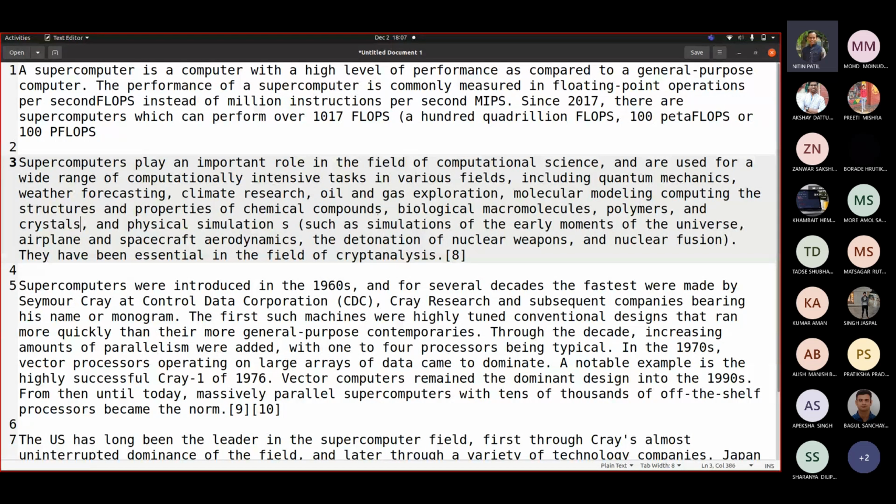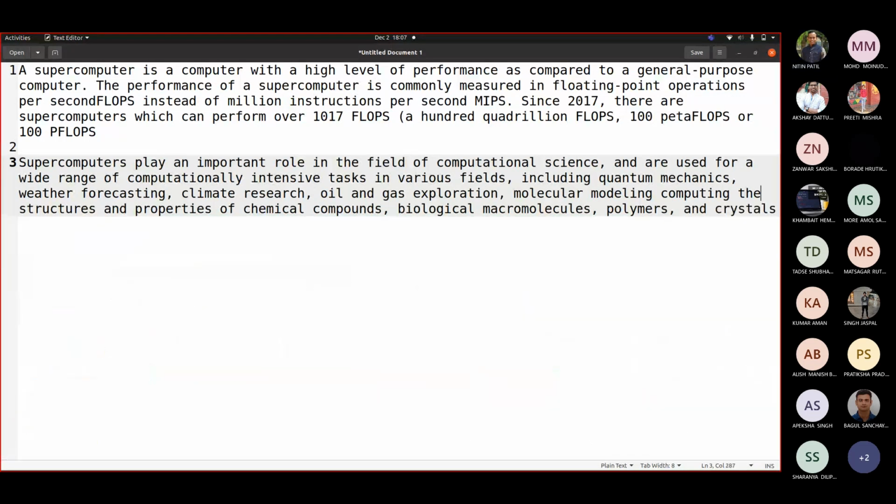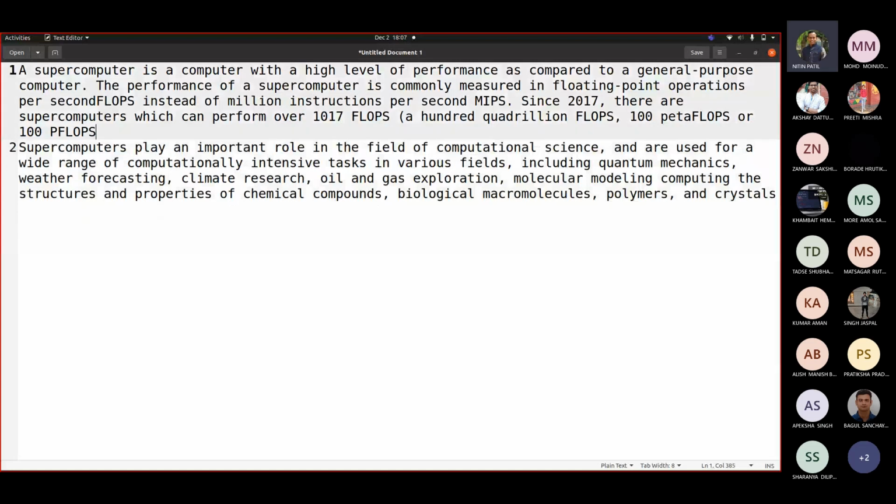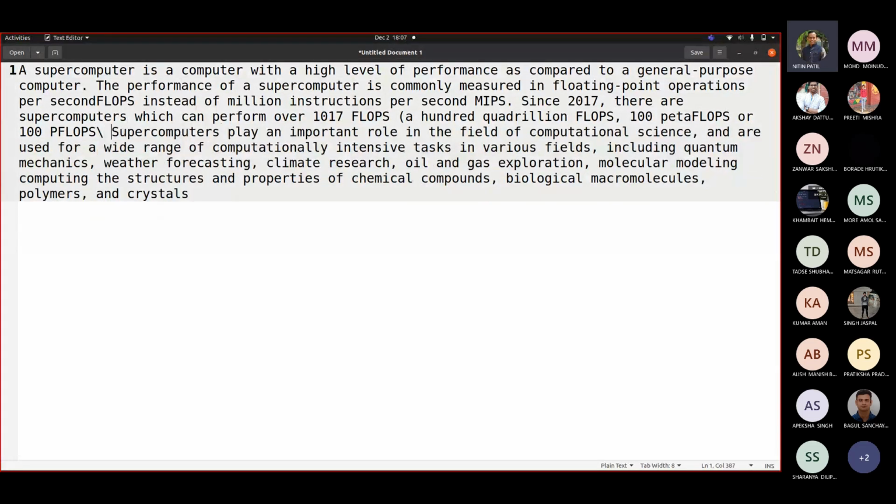Now how exactly is that remark column to be added? That's what this is. I hope this should not create any issue.